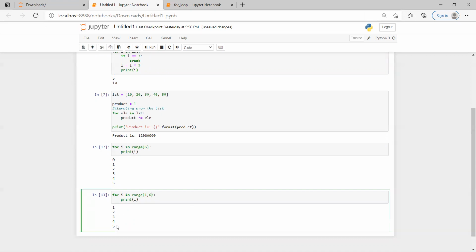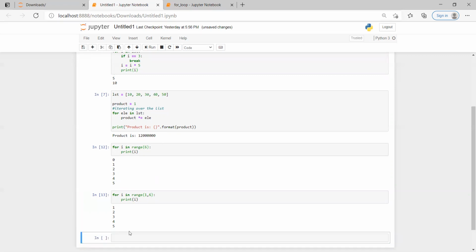Suppose I want to skip the values by 2, or I want to step the values. I just want to print 1, 3, and 5. If I want to print the values by a certain step, what will happen? I'll take 0, 6, and I want to print 0 to 4, so I give the step value as 2.